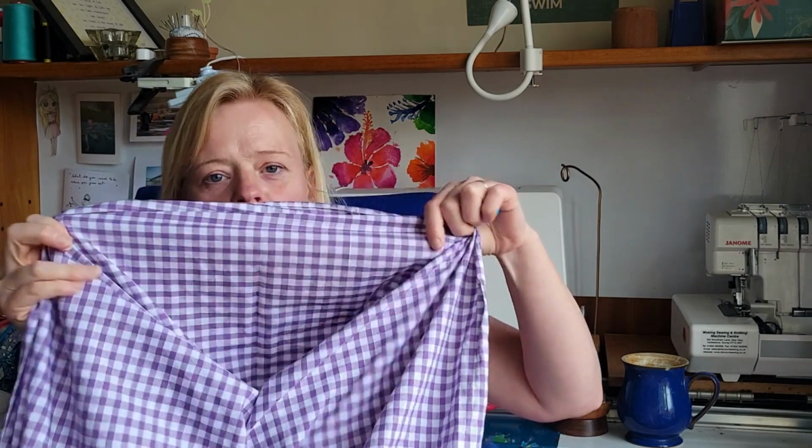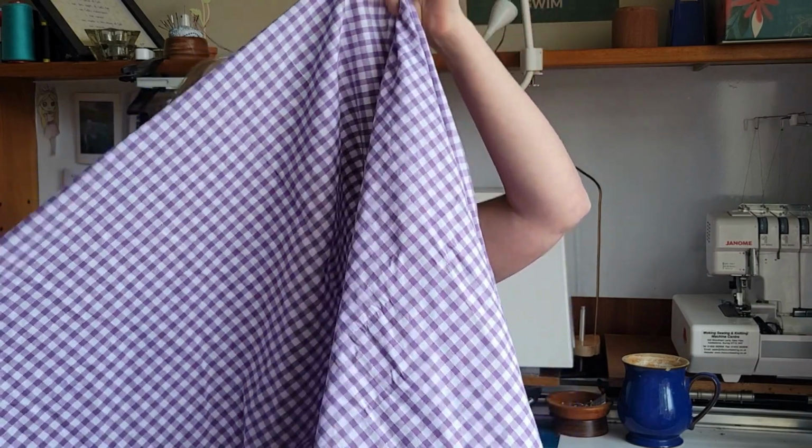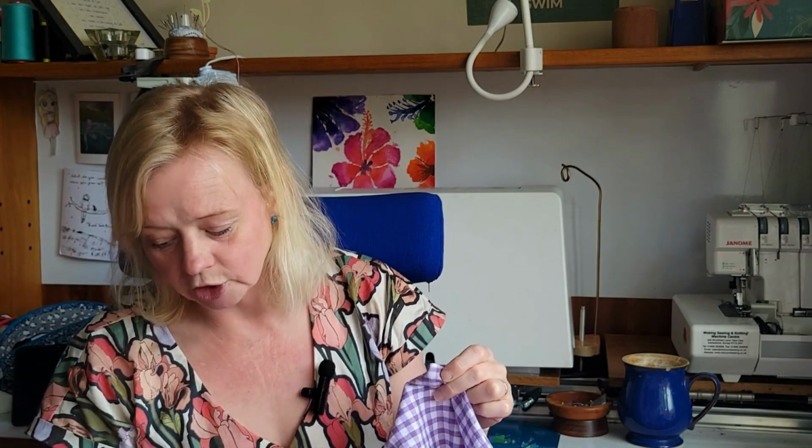Now, I apparently don't need any more fabric. I have a lot of fabric. This one, I could not walk past because it is purple and it is gingham. And it's very lovely. It's only narrow, only about 90 wide. So I could make a top version of that Summer Vibes dress in this, and I think that would look